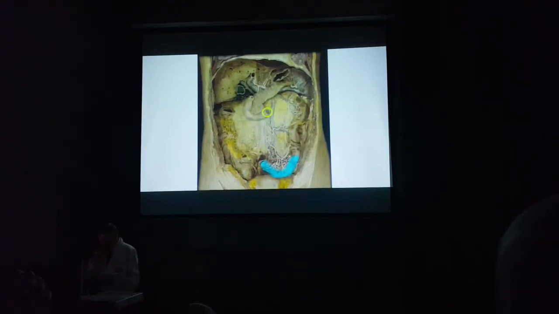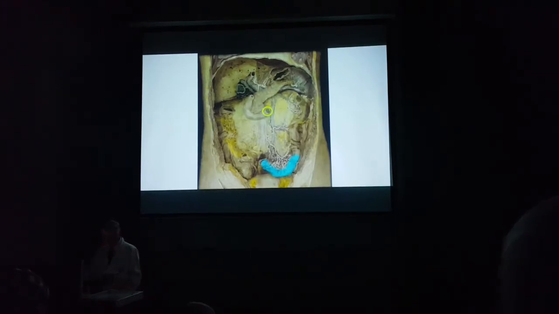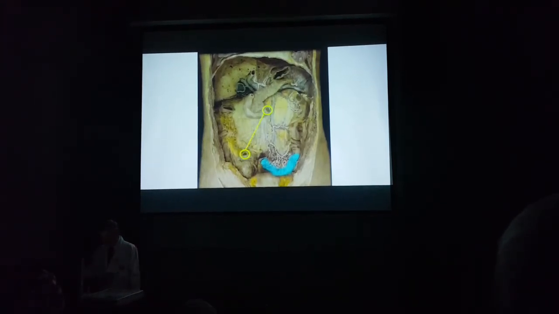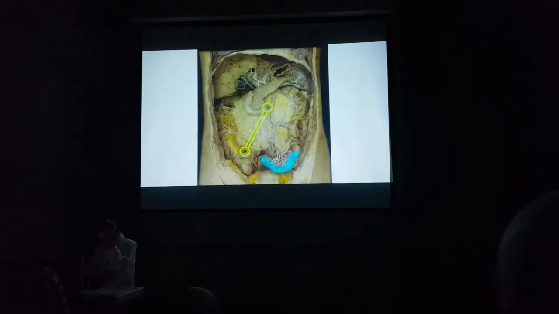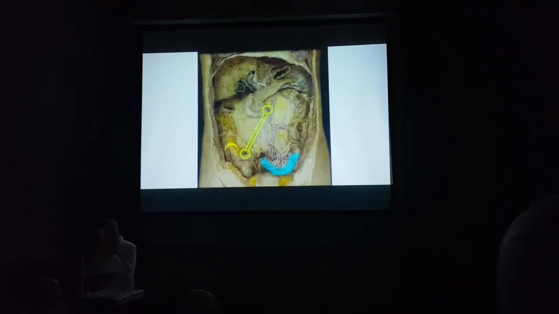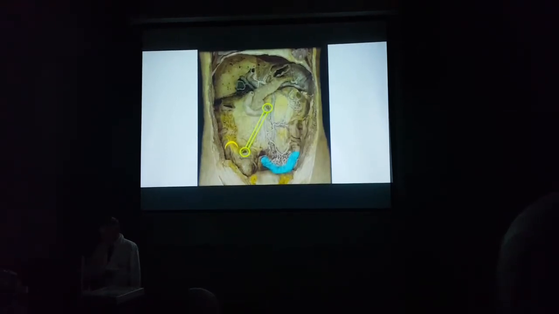So this is the duodenojejunal flexure, the start of the mesentery of the small intestine. And this is where the terminal ileum joins the cecum. This is the root of the small intestine. Then this is the ascending colon. Ascending colon is retroperitoneal. And we know now what is retroperitoneal. Right?